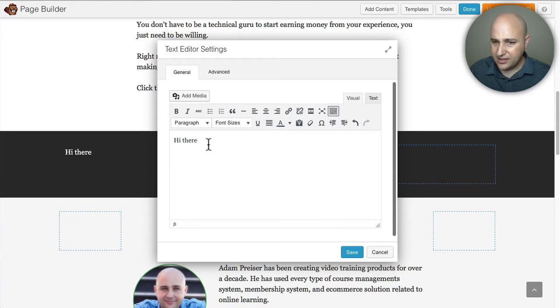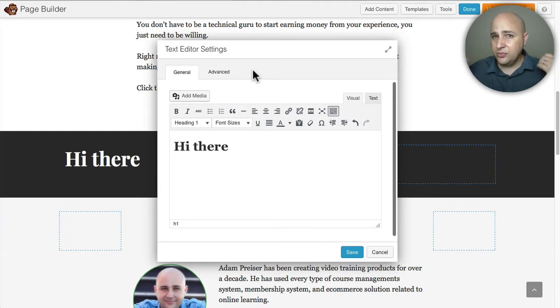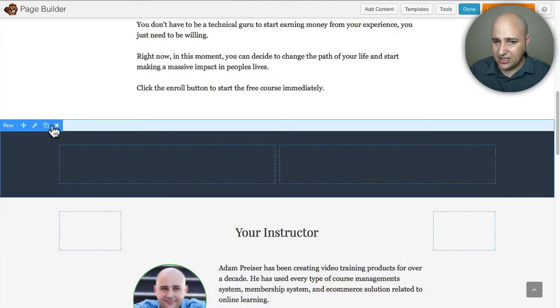like that, and you can format your text however you want right here. So if I wanted that to be a headline, I can highlight it and change this from paragraph to, say, heading 1. You see how it made it much larger. And that's pretty much all there is to laying this out. You basically make a row, you put something in the background, you have columns, and you put something in the columns. It's pretty simple. So let me click on cancel, and let me delete this row because I'm not going